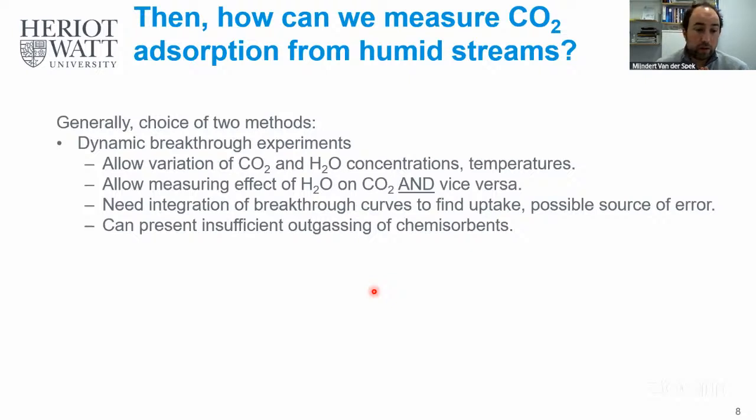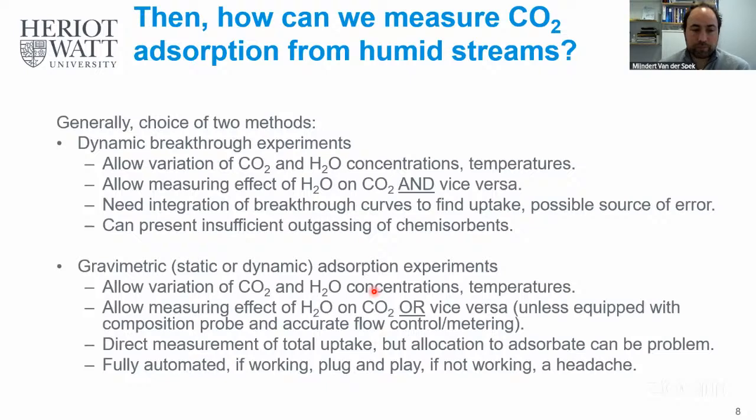And finally, what can happen, and especially in the case of chemisorbents, is that such systems can present insufficient outgassing capabilities. And for chemisorbents, you need to draw a very deep vacuum. So you need a turbo pump. You need a low volume system, and then you also still need to heat it to regenerate them fully. And not all the breakthrough rigs have that ability. And then on the other hand, there's